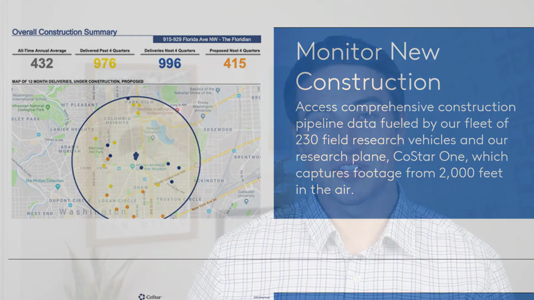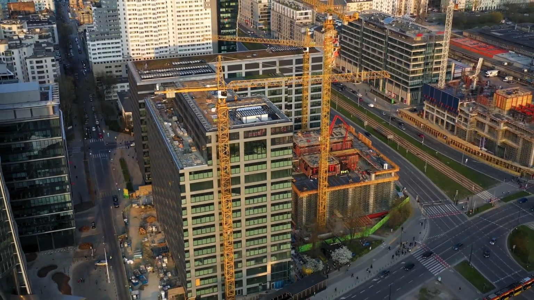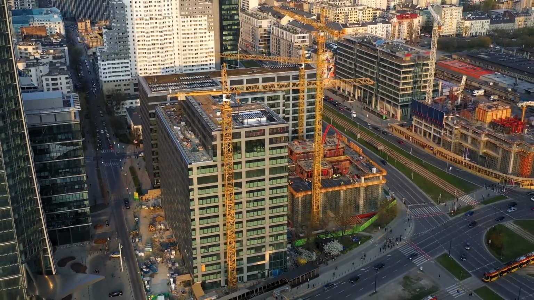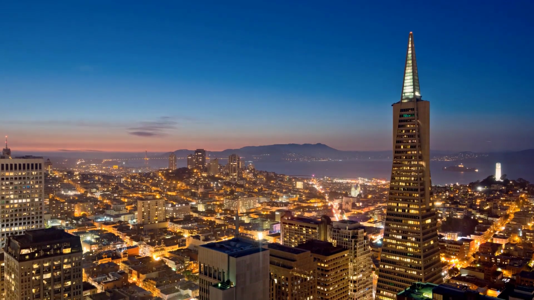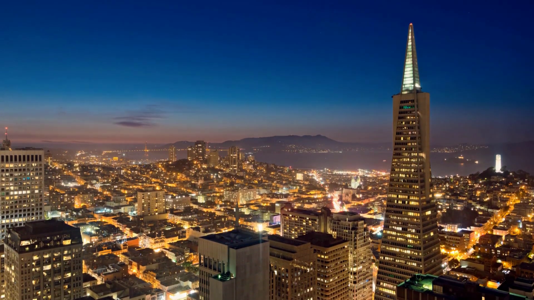And as far as making projections about the future outside of the information that you can gather, general guidelines on building restrictions in a market and also the availability of land will help you make projections about what supply is going to look like in the next decade or 2 and whether a market is supply constrained or not. So for example, coastal cities like San Francisco, Los Angeles, and New York have traditionally been highly regulated markets, creating supply constraints and upward pressure on rents and values as a result.